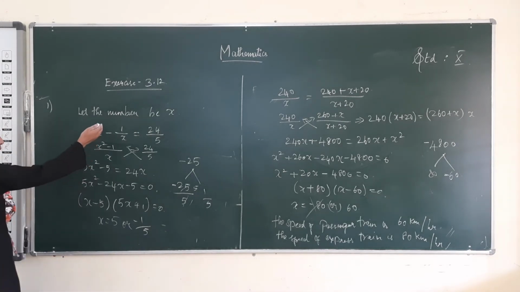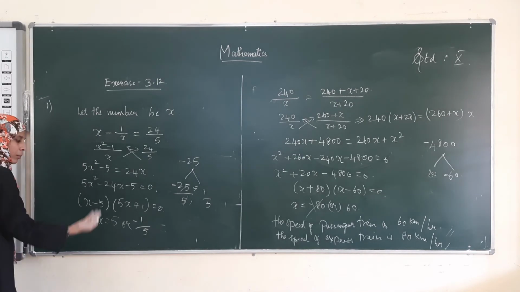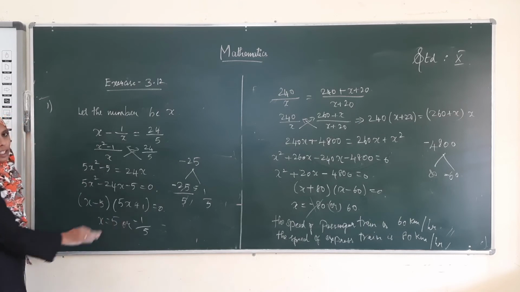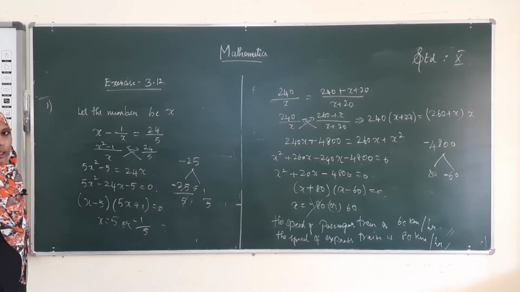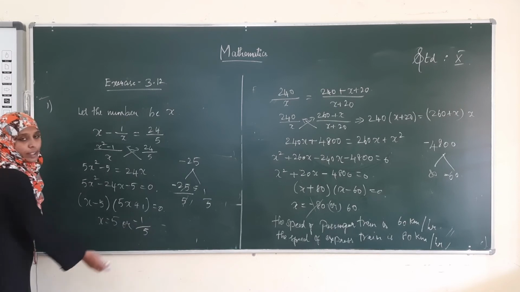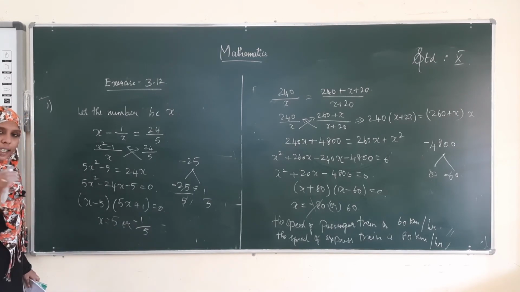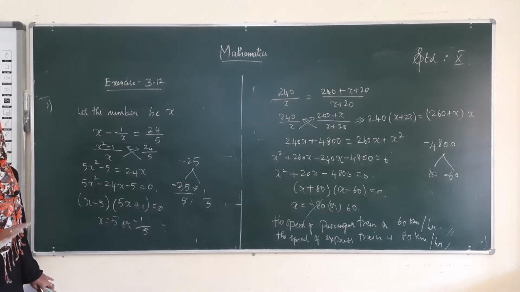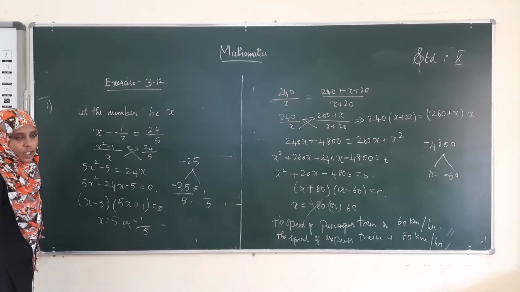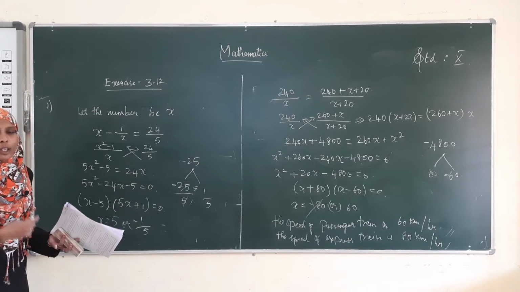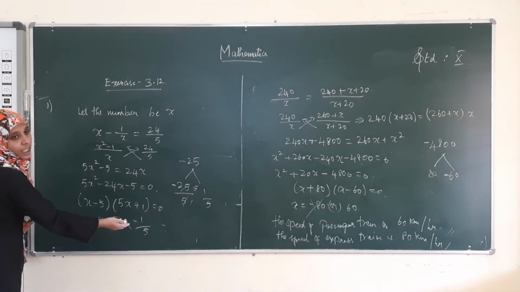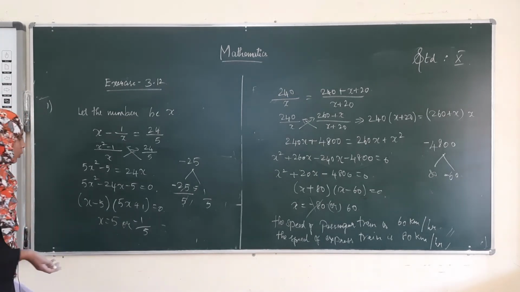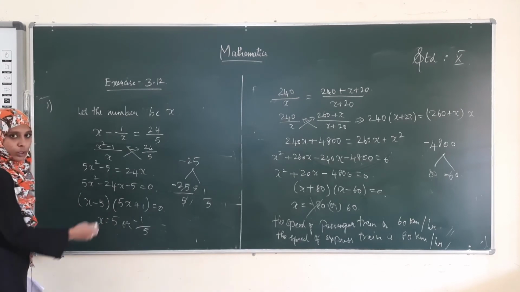See, it is a number, right? So the number can be negative. Therefore, it can be 5 or minus 1 by 5. You have to write this. Don't neglect the minus 1 by 5 term, because any number can be negative. They didn't mention whether it is a real number or a positive number. Therefore, you have to write both the answers. When the words are of age, distance or speed, you have to neglect the negative terms, because speed and age cannot be negative. But the number can be negative. Therefore, write both answers.